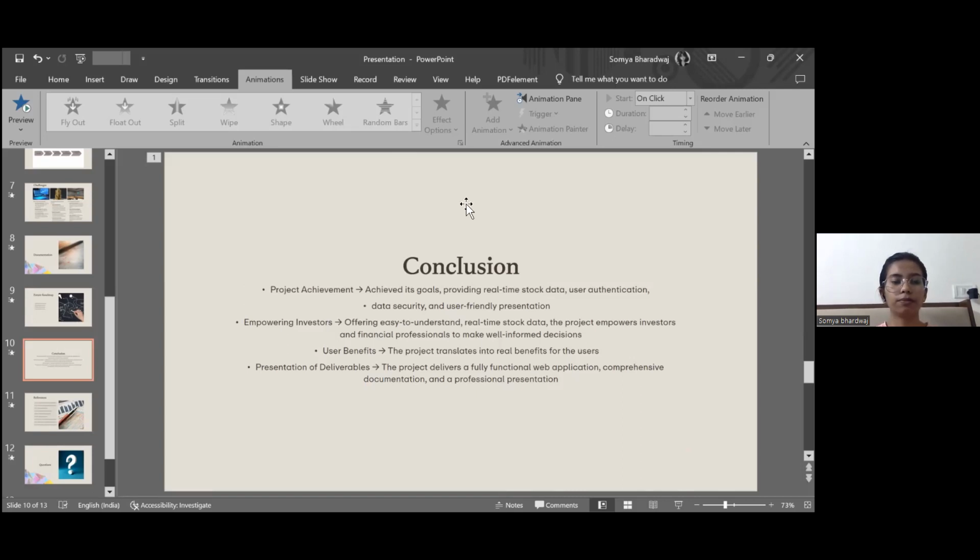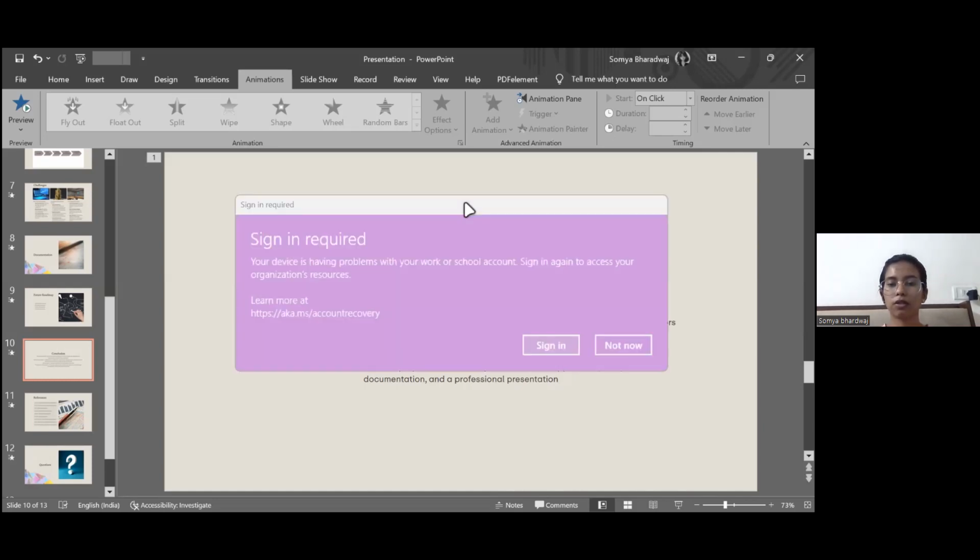Now, in the conclusion, we have project achievements, empowering investors, user benefits, and presentation of deliverables. Now, in the project achievements, this is a point that highlights the project has successfully met its intended goal. It has also effectively provided real-time stock market data, implemented user authentication and data security, and presented the data in a user-friendly format. Then for empowering the investors, the project empowers the investors and financial professionals by